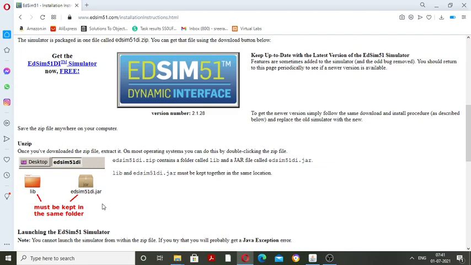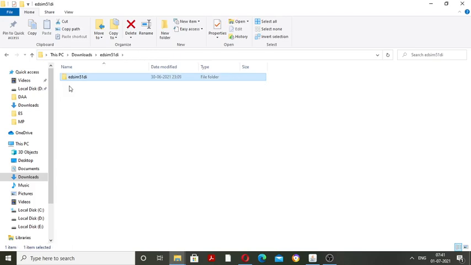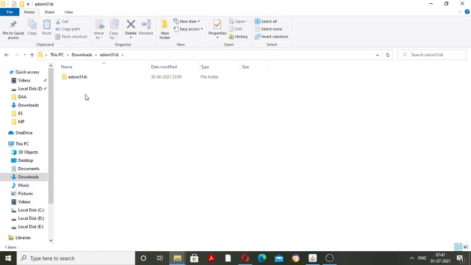Then when you click on this EDSIM51DI.jar file... We extract this. There is a zip file here. I extracted that zip file into another folder. So EDSIM51DI will open, and it contains two files.